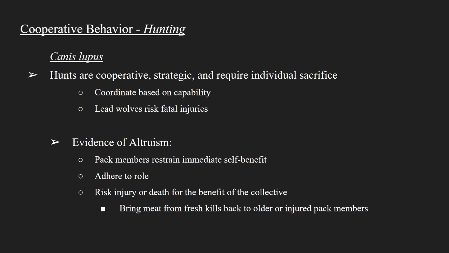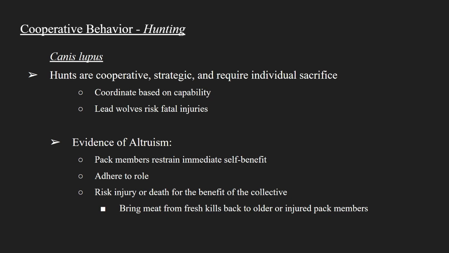Collaborative hunting is a staple behavior of canines. Typically, they hunt together as a pack directed by the alpha pair. Hunts are cooperative, strategic, and require individual sacrifice. Research conducted by McNulty and colleagues on the influence of group size on the success of wolves hunting bison and body size and predatory performance in wolves indicates that each wolf has a role that complements the others, illustrating coordination